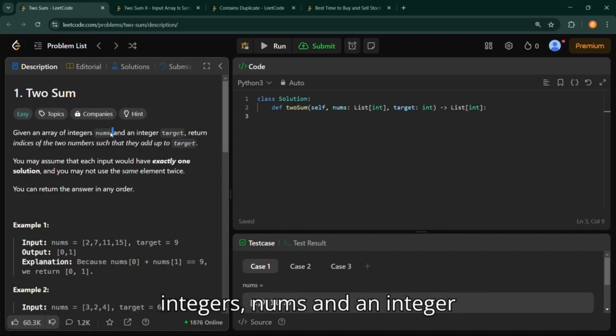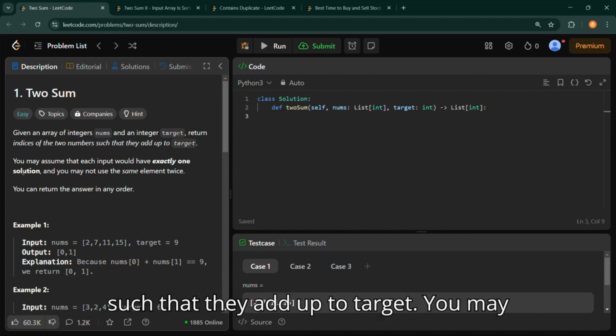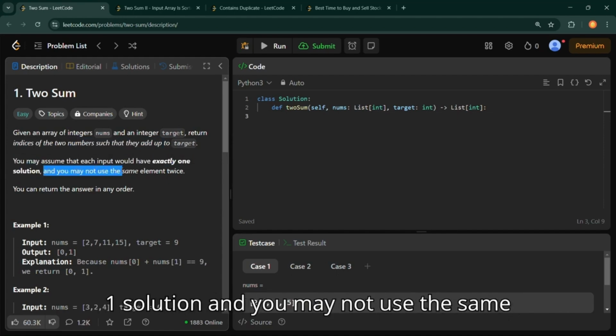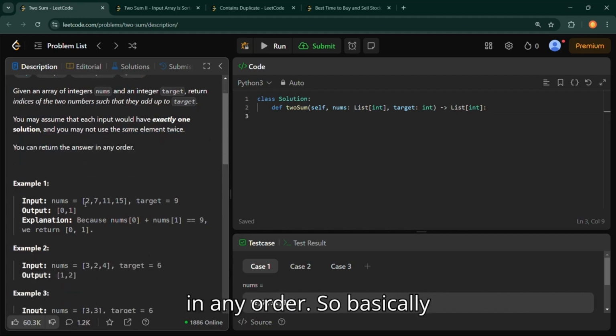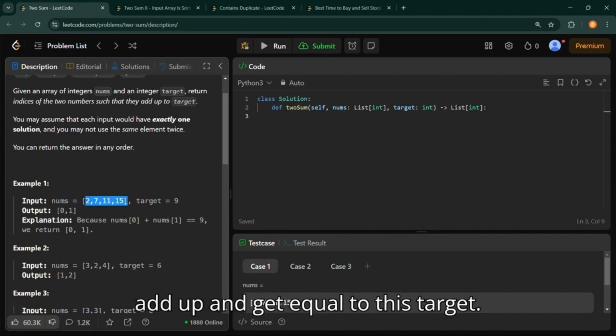Given an array of integers nums and an integer target, return indices of two numbers such that they add up to target. You may assume that each input would have exactly one solution, and you may not use the same element twice. You can return the answer in any order. Basically the question is saying we have an integer array nums, and we have to find the two numbers which add up to equal this target.